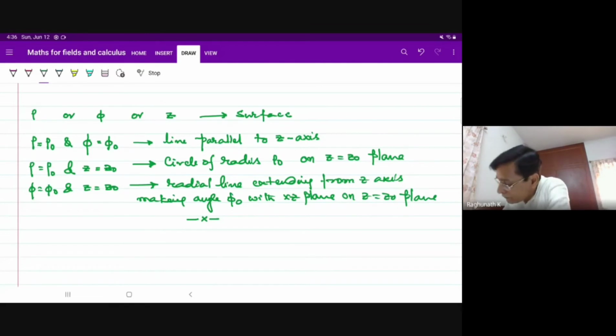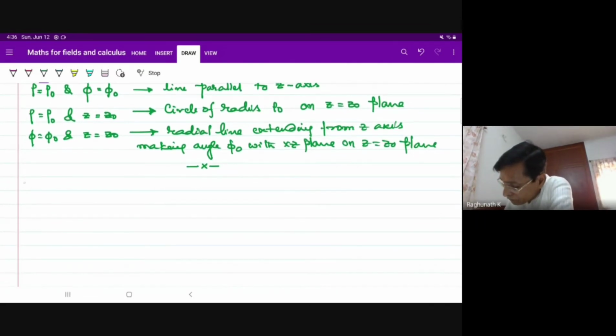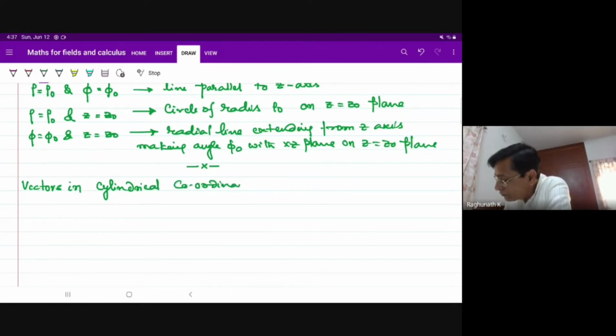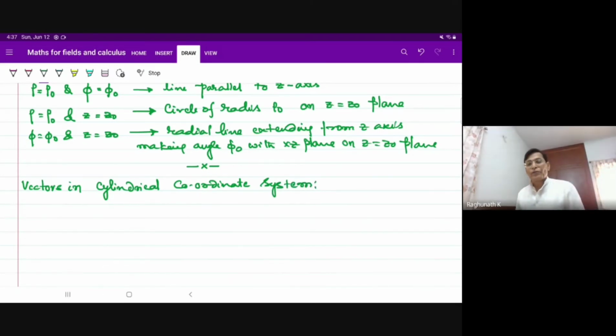Now the vectors in the cylindrical coordinate system. As usual, vectors in the cylindrical coordinate system are of the form rho component A rho plus